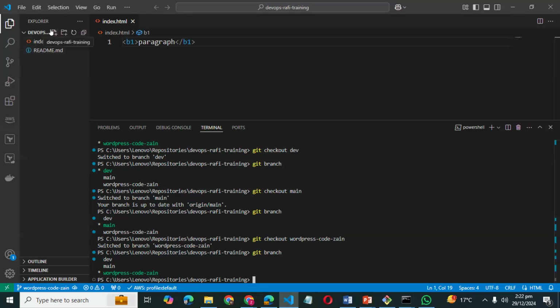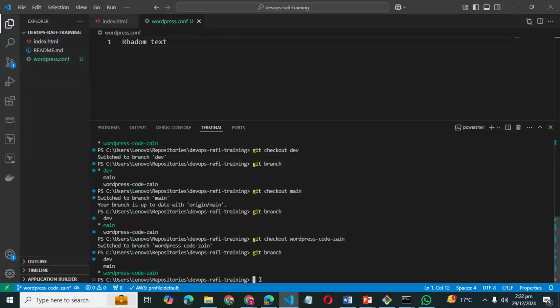Let's suppose I am going to add a new file. Let's go with the name WordPress.conf, and after that I just write some random text. So I am just creating a new WordPress.conf file in that particular branch, right?